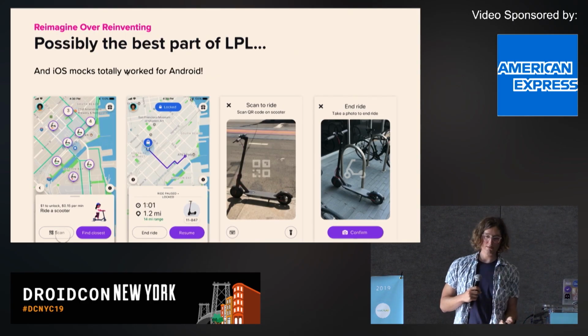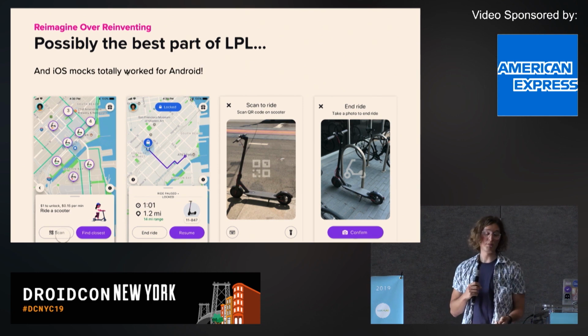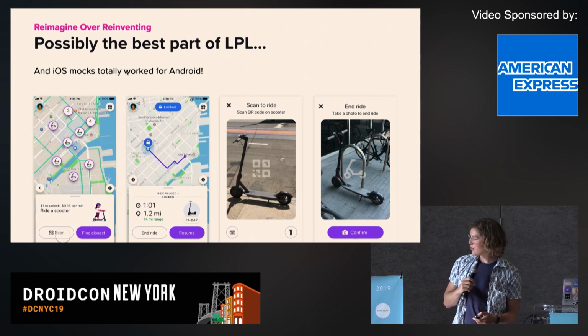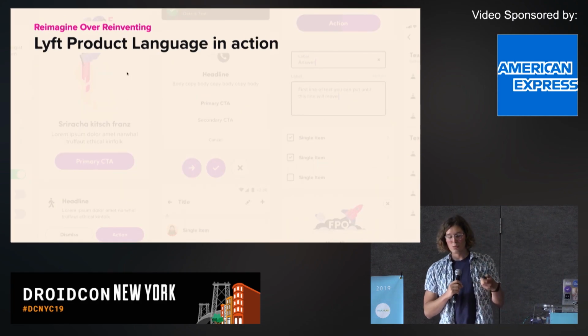But they would always send me iOS mocks, and they never really made me Android mocks. I was never bothered because they worked fantastically on Android. Very few things actually needed to be changed when translating them. Actually, I think a lot of screenshots here are iOS, but I don't care. So this is how I used it day to day to really save me time.